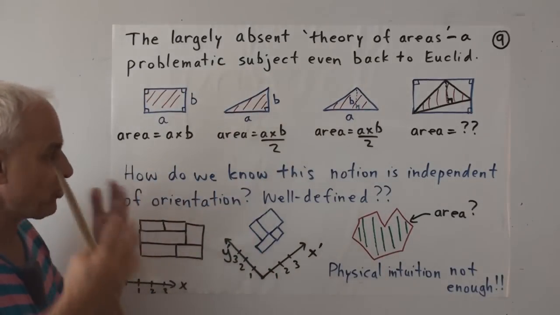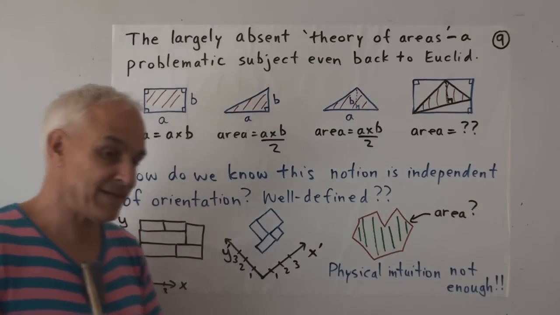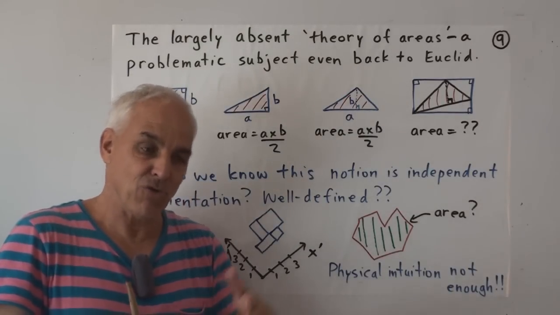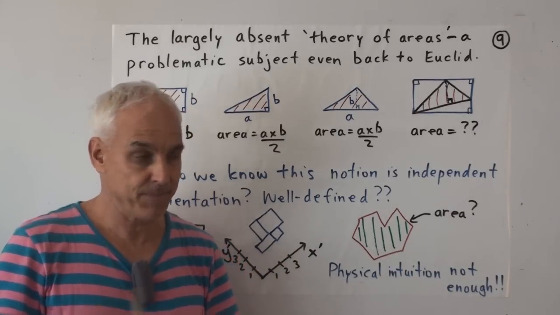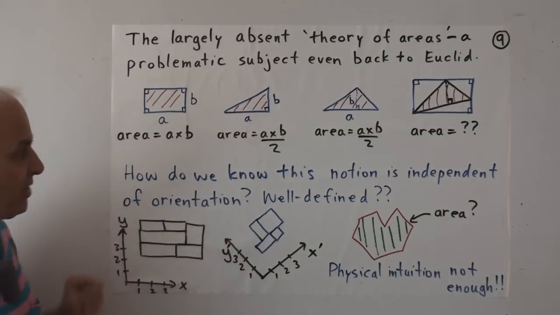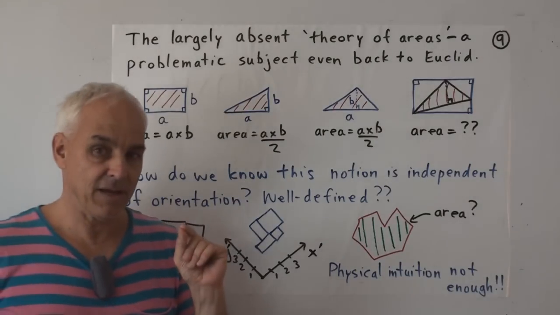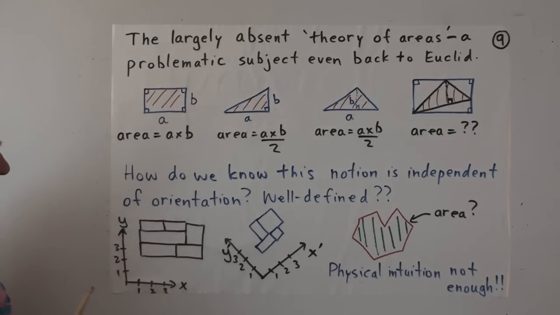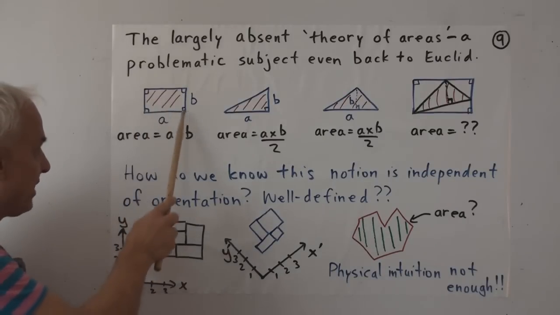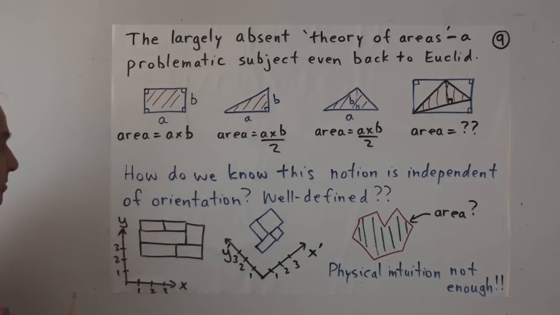So we have this natural intuitive understanding that makes it easy for people to omit a careful laying out of the theory of areas. But when you actually look at it, you see that there are some interesting subtleties. So I'm just going to mention some of these. Of course we can start with the area of a rectangle: base times height, assuming we already have a notion of distances or displacements. Area equals A times B.